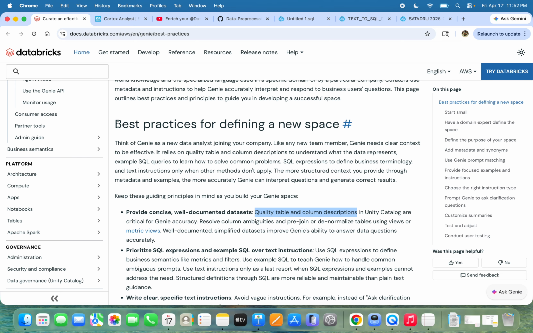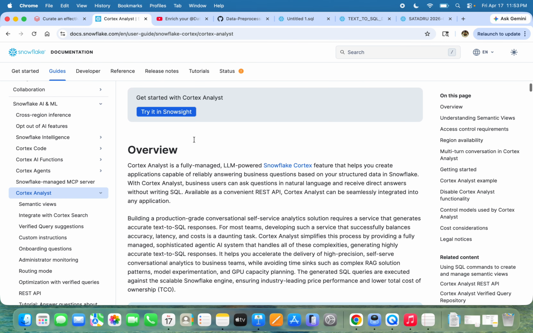As you can see here, in the best practice for defining a new Genie space, the first point is quality table and column description in Unity Catalog are critical for Genie accuracy. Similarly, Snowflake Cortex Analyst is a fully managed LLM powered Snowflake Cortex feature that helps you create applications capable of reliably answering business questions based on your structured data in Snowflake. That means the service is used to convert text to SQL and execute the SQL query and return